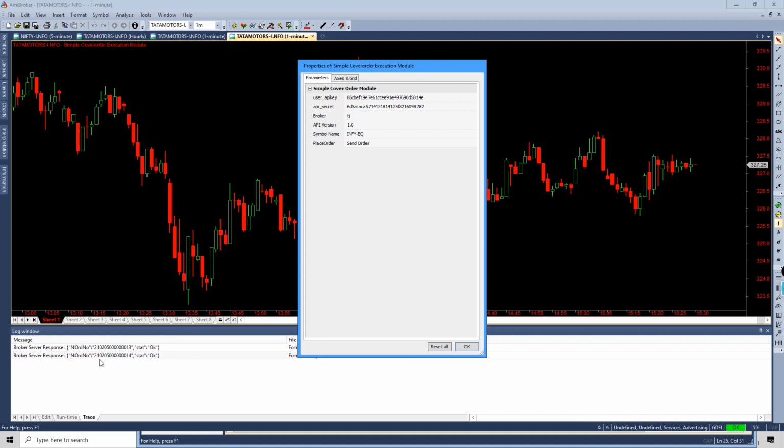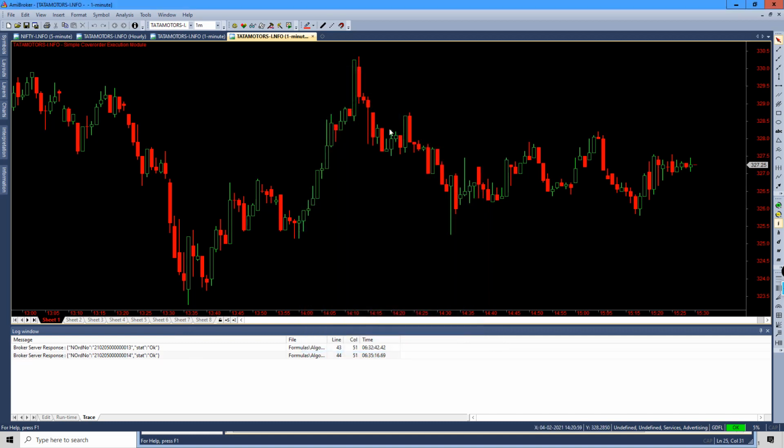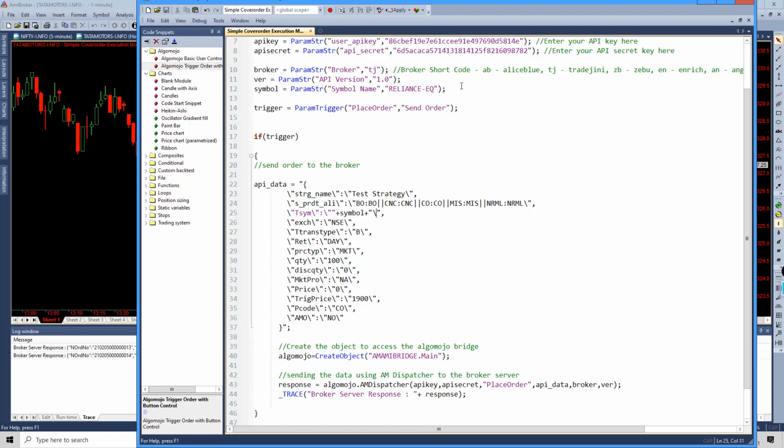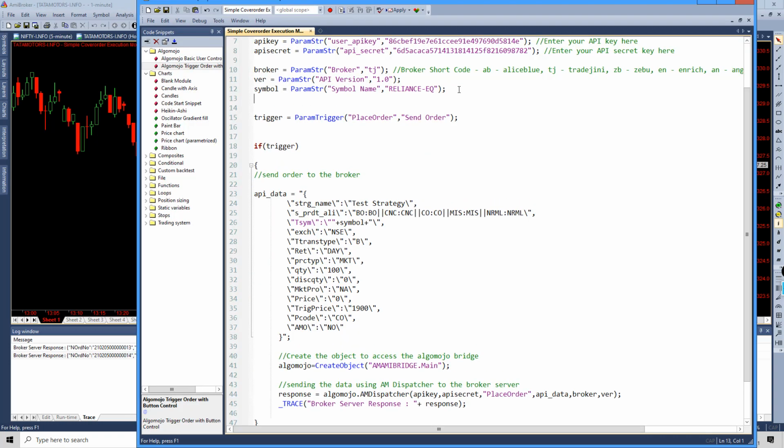However, now maybe I want to control my stop loss levels also. If in case I want to control my stop loss level, I'll give a control for the stop loss level as well. So stop level equals, I'm going to say param, the number, stop loss level, I'm going to get it in the number format. I'll say stop levels, which is the cover order stops.